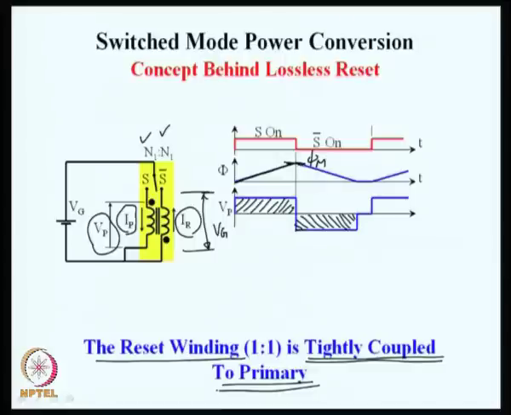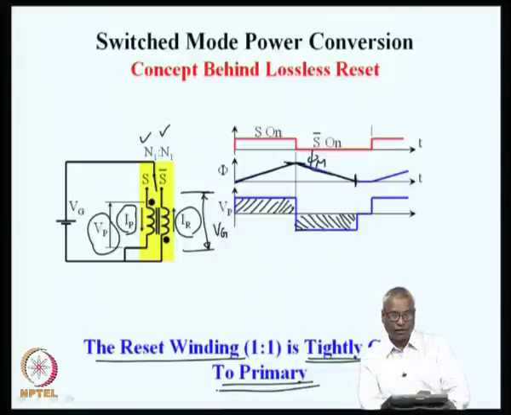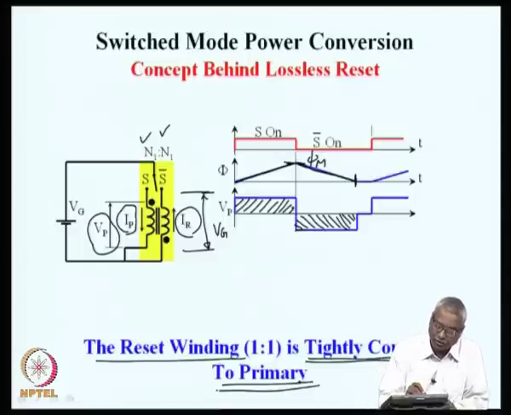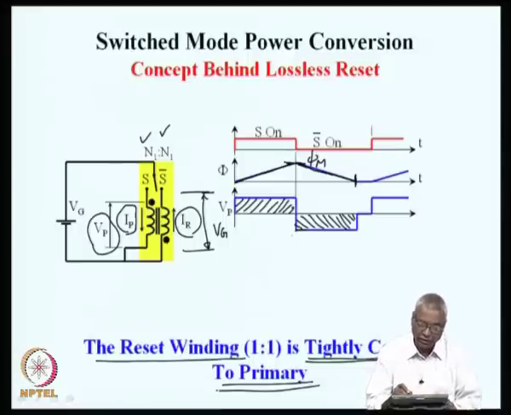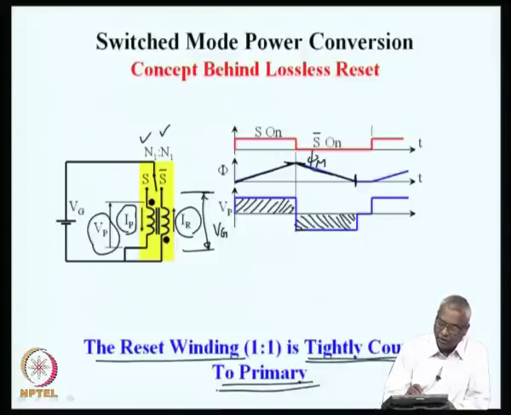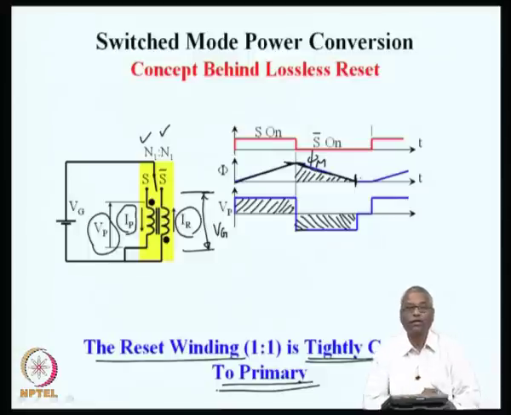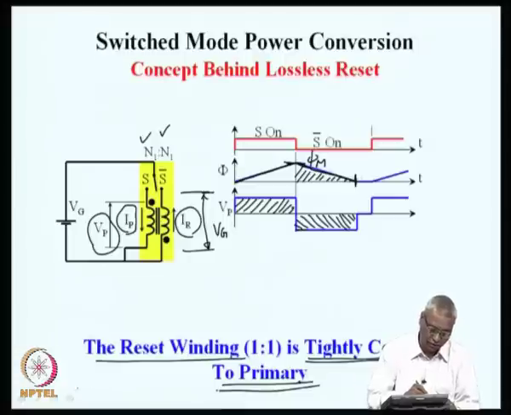So, naturally the flux starts dropping, and in a time equal to the on time, the flux will reach a value of 0 and will have completely reset. We ensure that this S bar is made of a diode, so that the current will not go in the opposite direction and the flux also will not go in the opposite direction. So, the process of resetting is now being done with another winding, and the reset energy is going back into the source Vg. During this period, this entire reset energy is going into the battery, which means that we have completely recovered the magnetic energy and there are no losses in the converter.